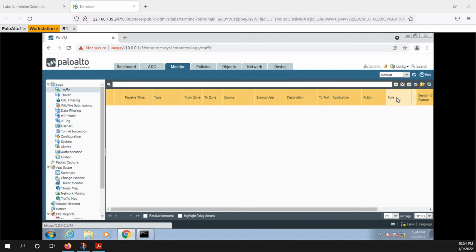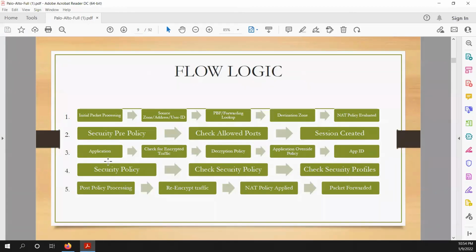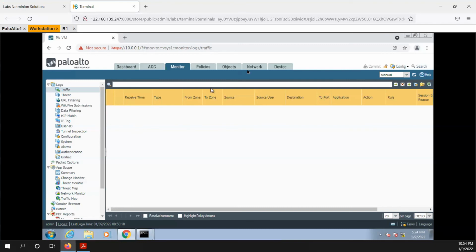Amar, I was asking just before, in the last scenario you showed us, where you had created an untrust and a trust zone, where we were routing via the router. In that case, where did we see the logs? We were just seeing the logs, right? That was another network traffic part. You can see the logs here itself. If the firewall is activated, you can see those logs using this traffic option.